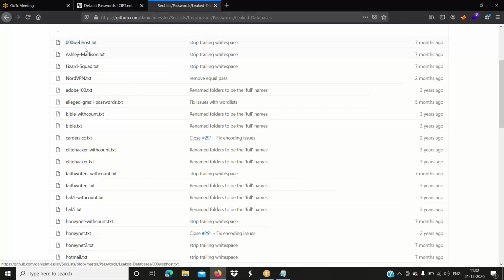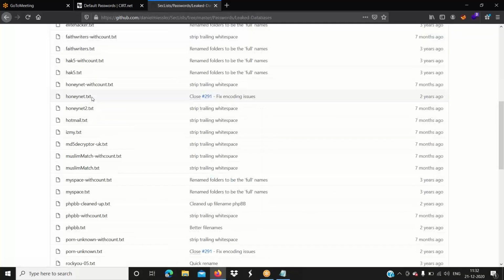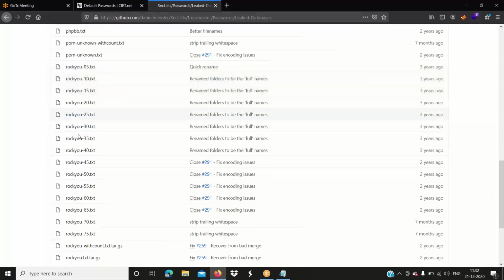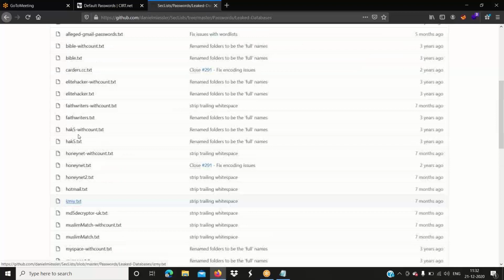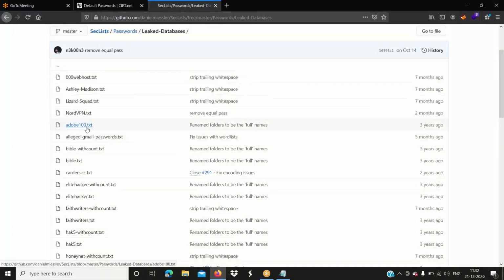You can see 000webhost passwords are there directly. You can see rockyou.txt files are there. Hotmail, Adobe, Node.